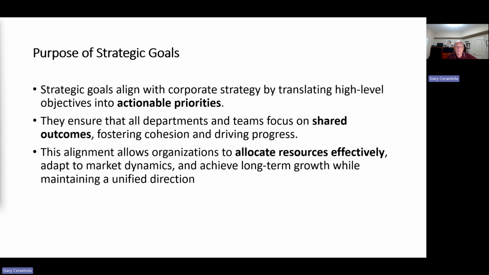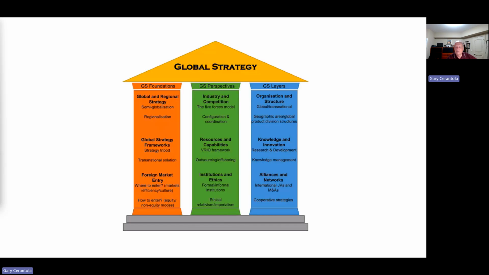And that's what you're doing, you're deploying scarce resources, and strategic planning and business planning is just as much about what you're not going to do as it is about what you are going to do. So that's the key thing that you need to remember.